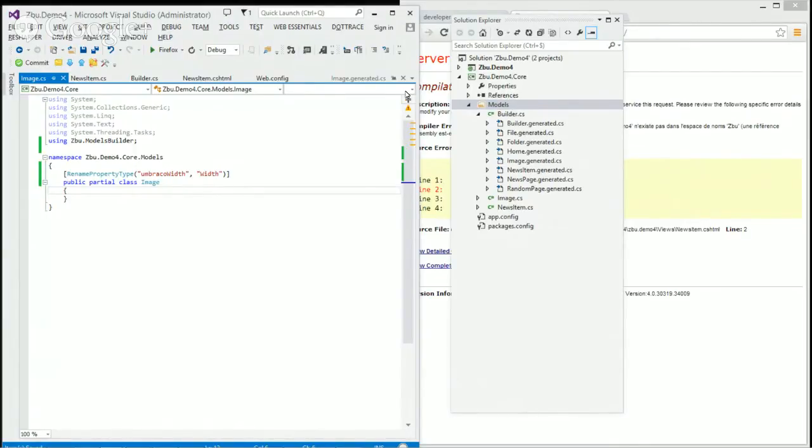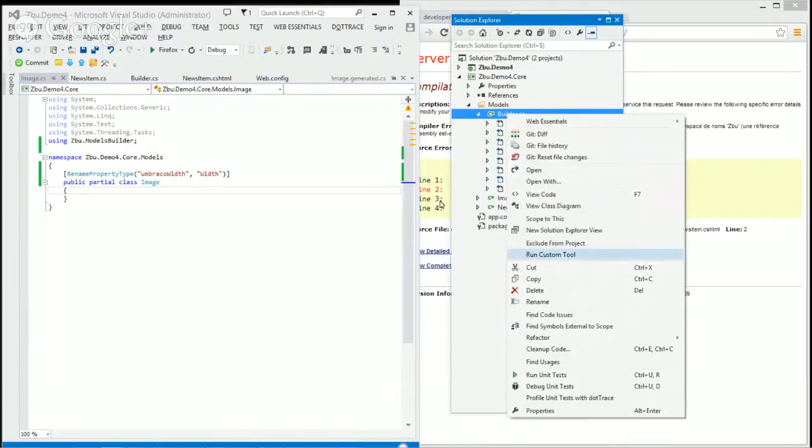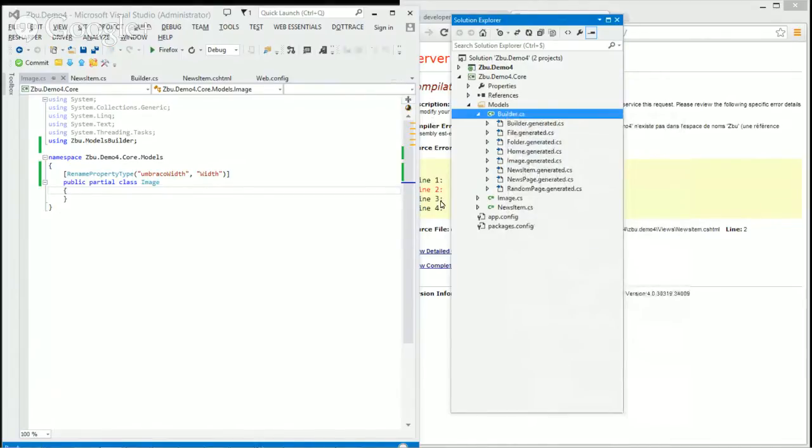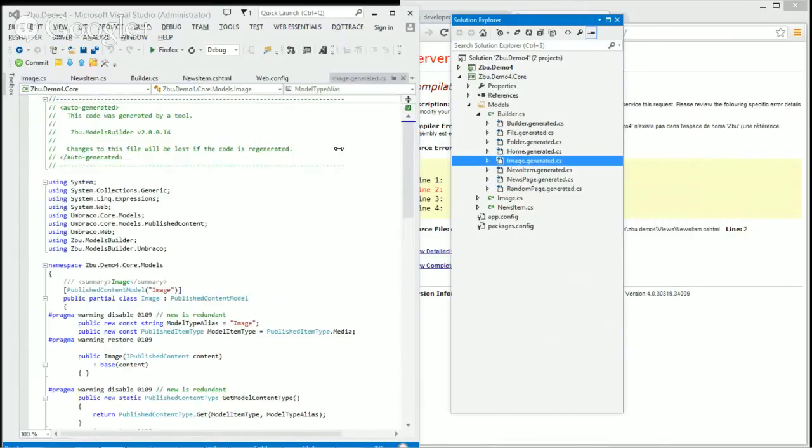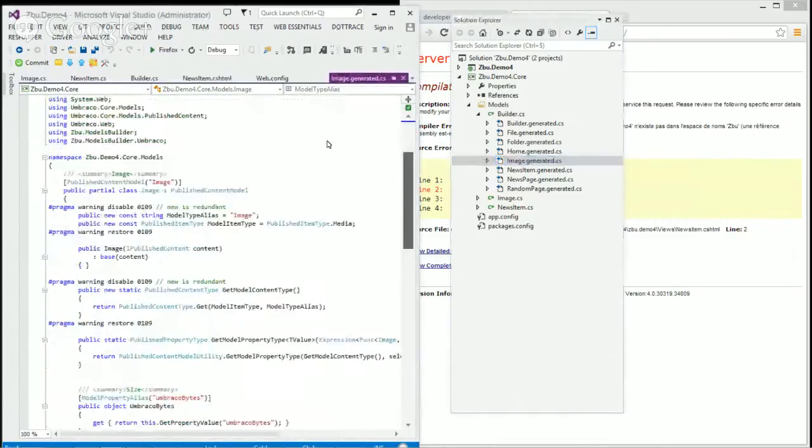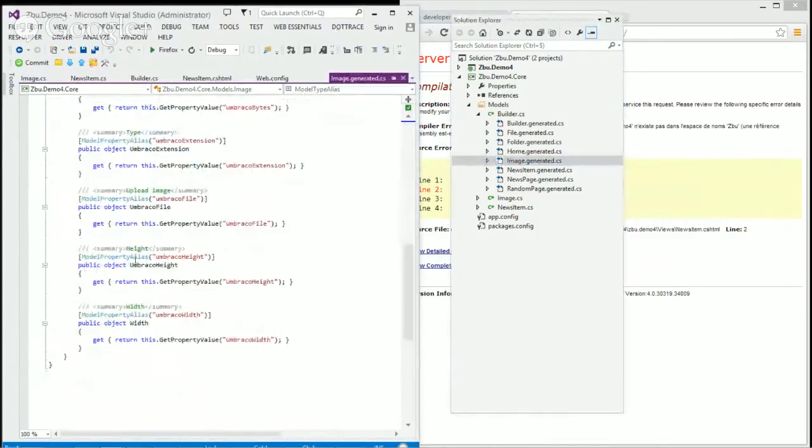I need to go to the builder file and run custom tool. It's going to parse the files and see that we have the attribute. When it's done, if you look at the generated image file, you will see that the property for alias Umbraco width is now named width. So I have changed the name of the property.